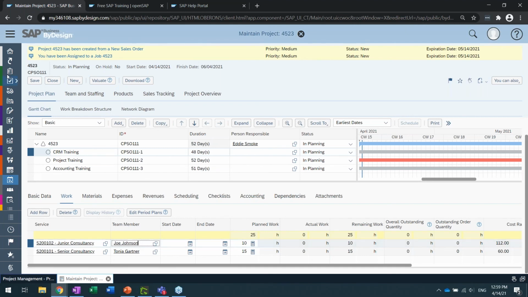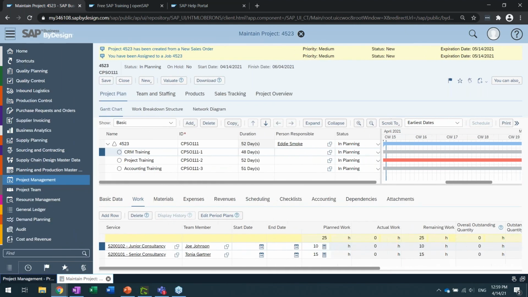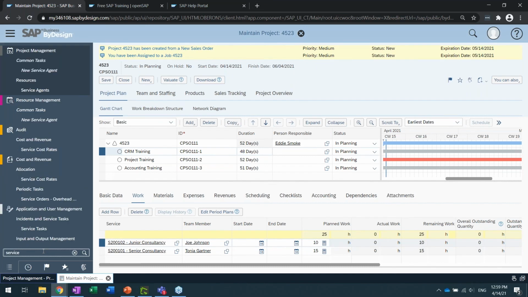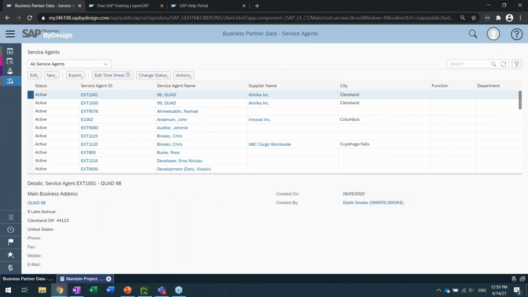But additionally, we would also need to make sure that Joe Johnson has been set up with a business user account that he can log into the system with. Once he's got that, he'll be able to log in just like any other employee, pull up a timesheet, and then, assuming that I've assigned him to those project tasks, start coding time. We just have a couple minutes here, but just to finish that out,